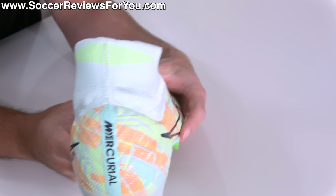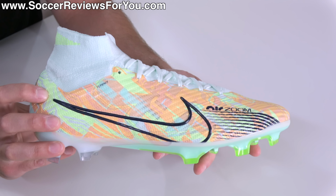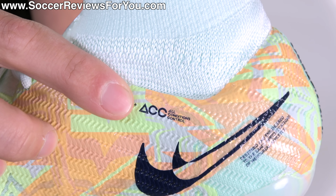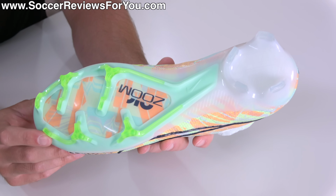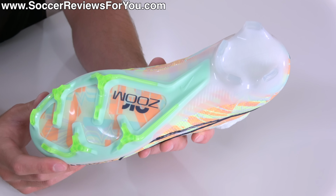If you want to believe that, be my guest. The reality is, however, it's material around your ankle that effectively does nothing. And of course, the boots also feature ACC technology, making them great in rainy conditions as well as for scuba diving. Another notable change would be the sole plate, which was designed mainly to house that Air Zoom technology on